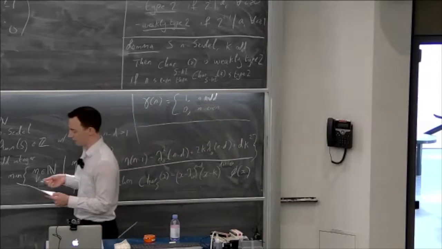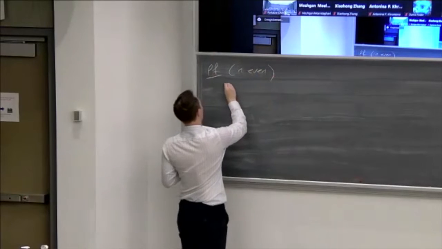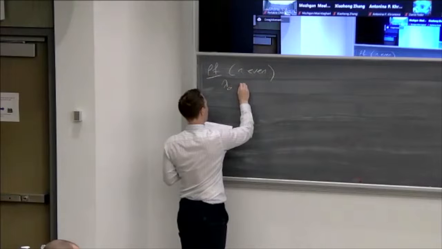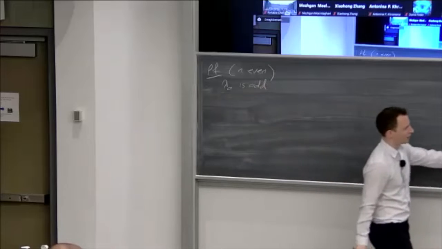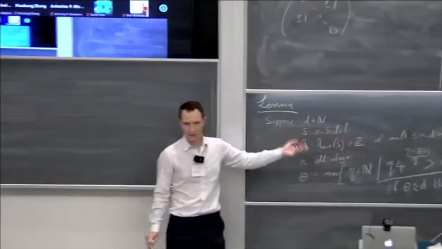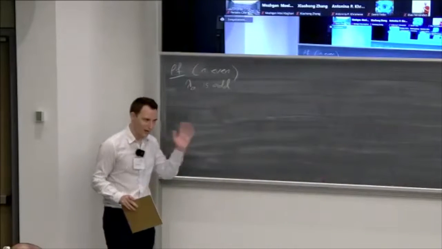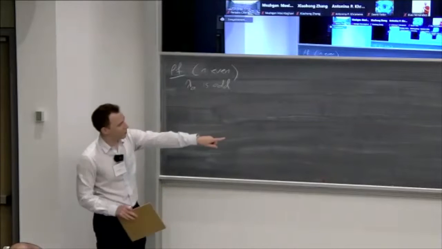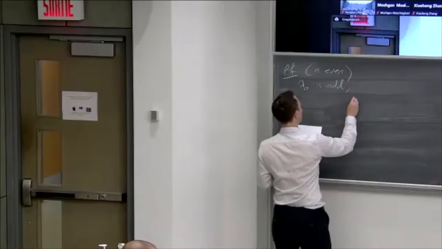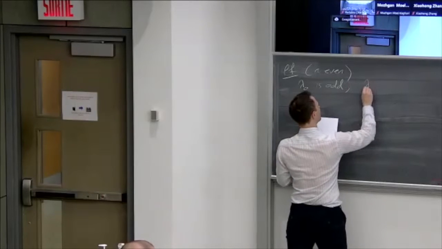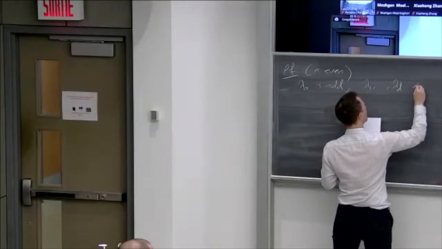I won't give the full proof. I'll just do the case when n is even. We know that λ0 has to be odd, because its multiplicity is bigger than 1. From yesterday, if you have a Seidel matrix and it has an even eigenvalue, then that eigenvalue has to have multiplicity 1. Since the multiplicity is bigger than 1, the smallest eigenvalue is odd. Next, we denote by λ1 up to λd the other d eigenvalues